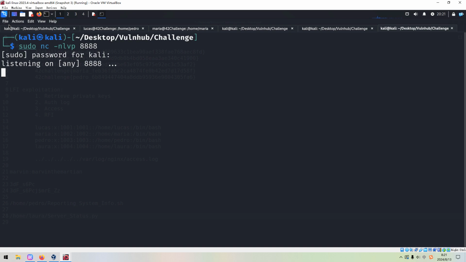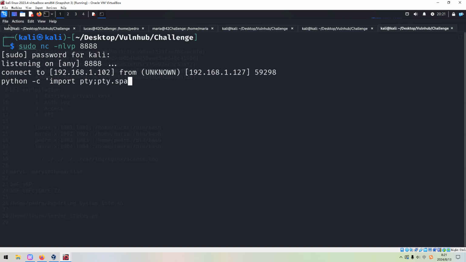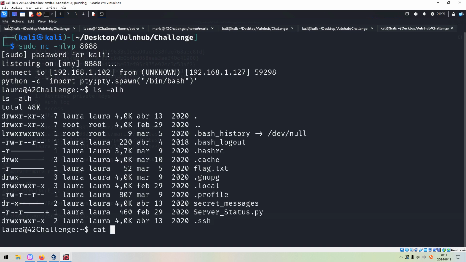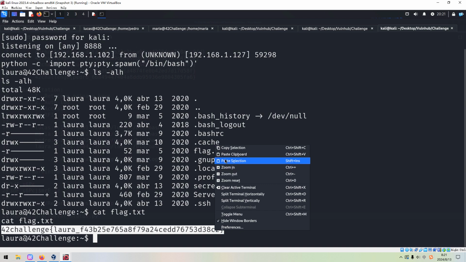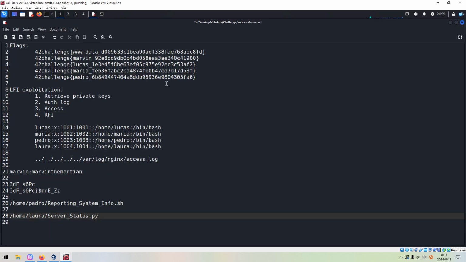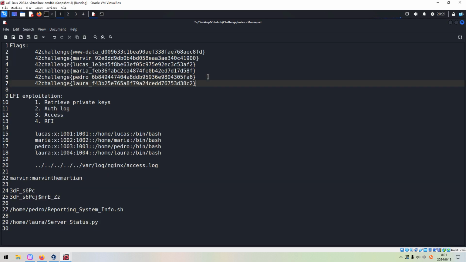Sorry about that. Okay, we have already got a connection from the target. And I think we can get the flag for this user. We can copy. So far, we have already got all the flags, I mean the user flags.